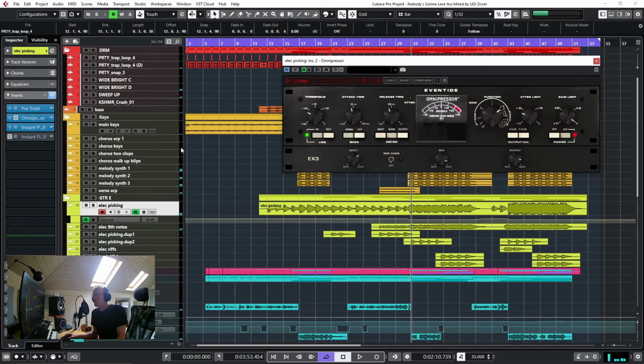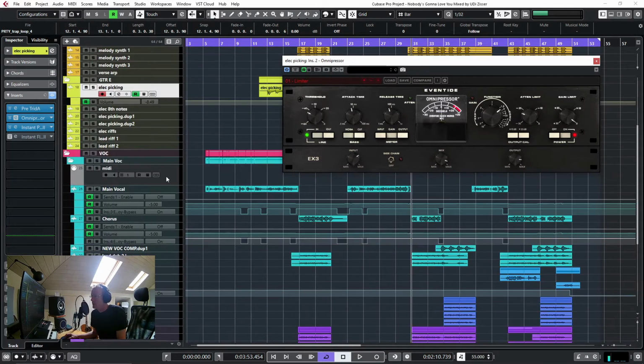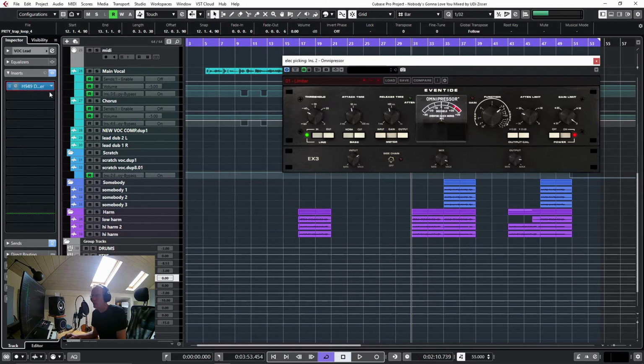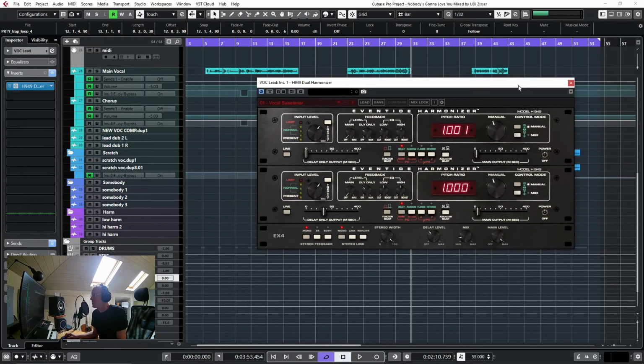Right, and then we also have the harmonizer. So I'm going to give you a quick look at that. I just put the harmonizer 949 on the lead vocals here. So let's hear how that sounds with and without,